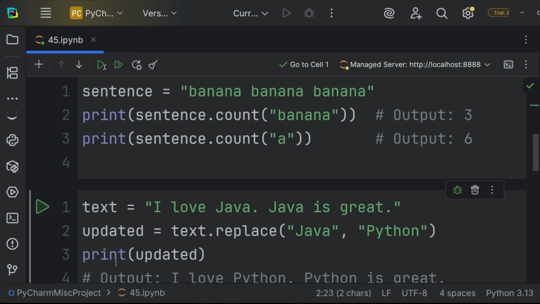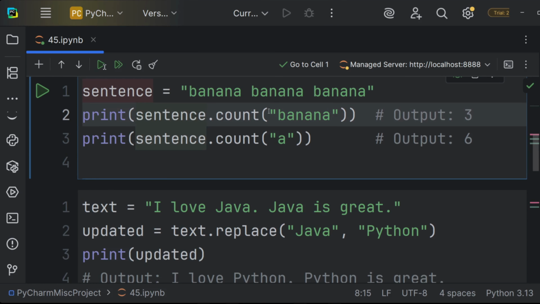Next up, we have count. Ever wanted to know how many times a word or a letter appears in a string? This method is your way to go. So our sentence is equal to banana, banana, banana. And we want to see how many times the word banana has occurred in the sentence. So our sentence banana, banana, banana is stored in the variable sentence. So we keep the variable name sentence, the dot count method, and the argument, which is the word which we are looking for, to see how many occurrences have occurred based on that word. So we are banana, and we want to count banana. So of course the output will be 3.